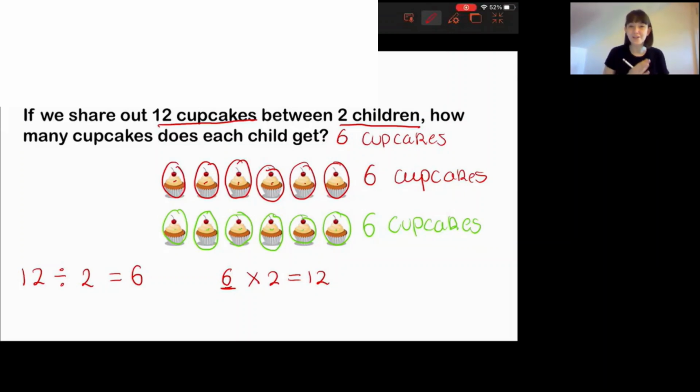So we can use our division sum and what we know about multiplication and our times tables to also help us think about this, or we can use our picture and our grouping method. But either way we get the answer,